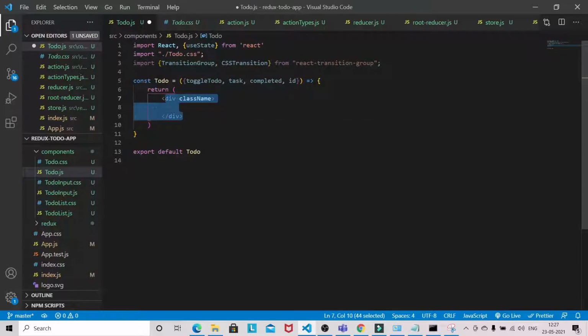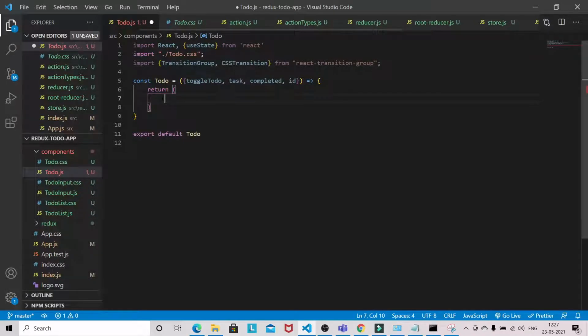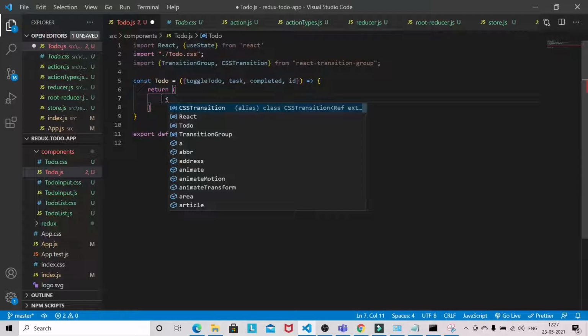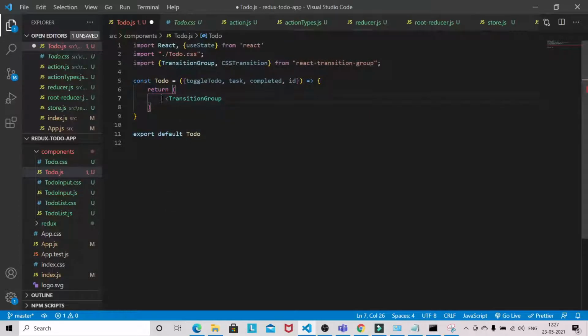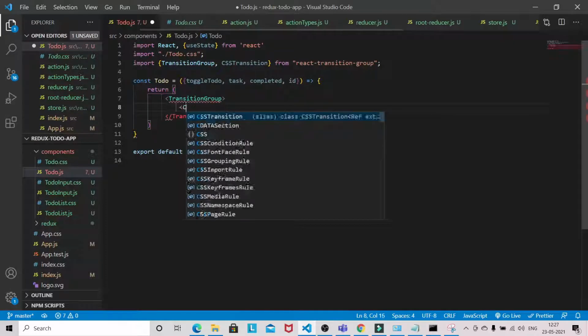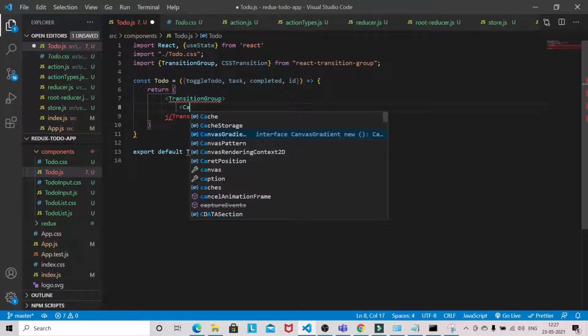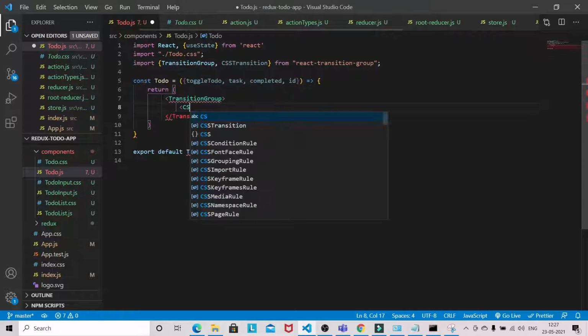So remove this one. In CSS transition we need CSS, this one also.